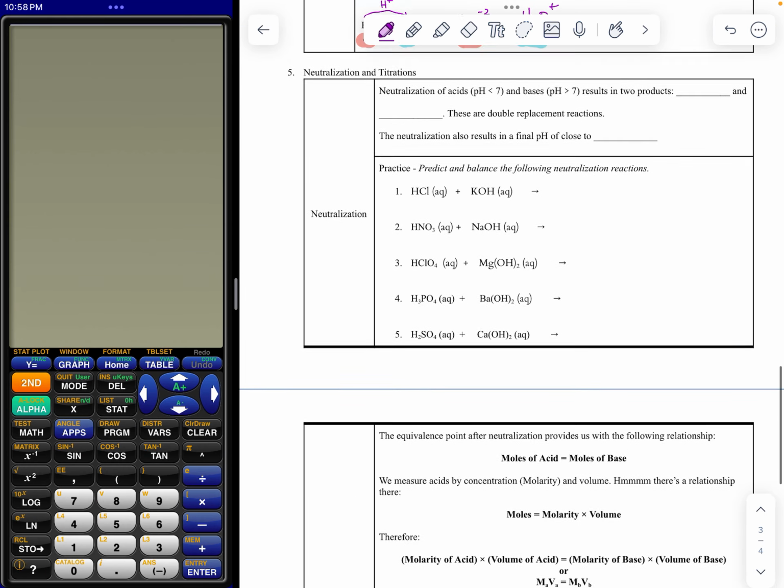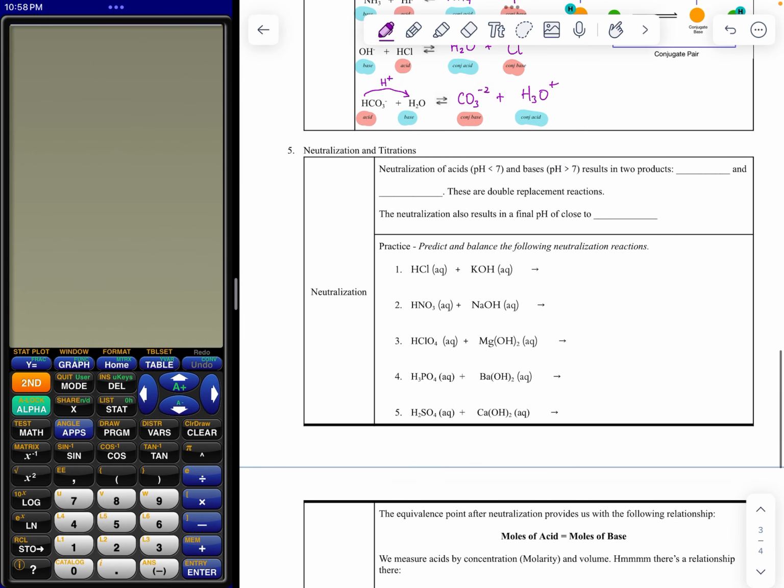All right, so what I did was I ended up just cropping the other video just to split this up into three parts instead of two, so it made it a little bit more manageable. So this part's just going to be about the neutralization reactions and titrations. So we're actually going to do titrations in class and kind of work with this idea of neutralizing acids with